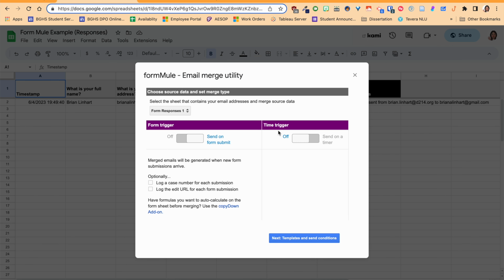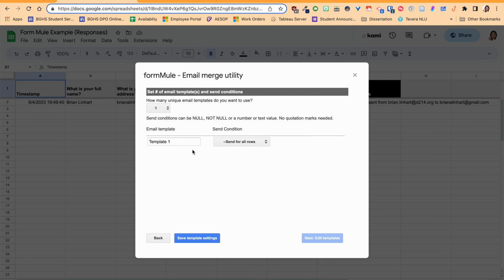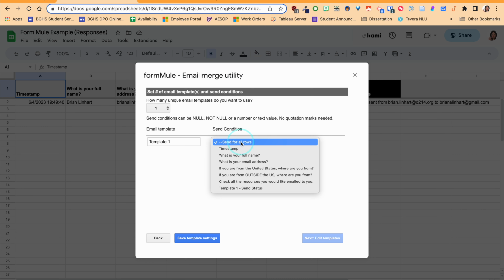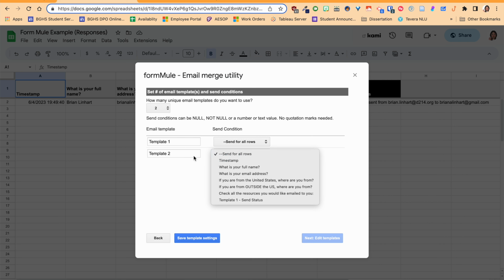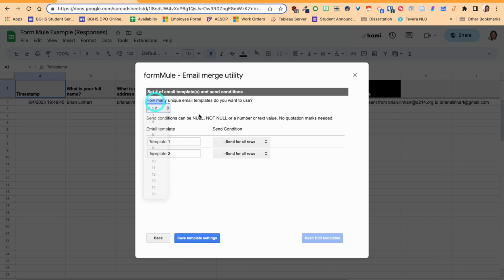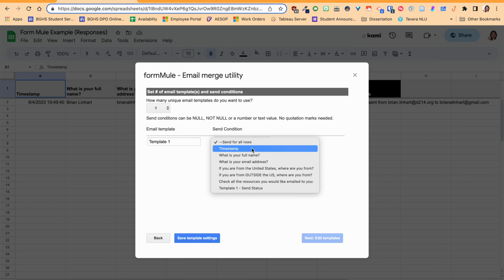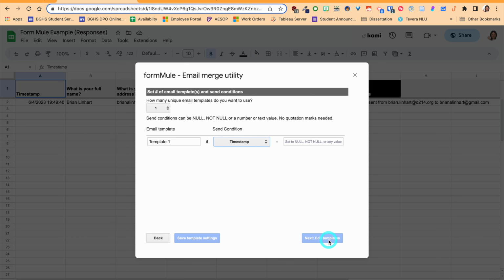It's pretty straightforward. So I'm going to send form on submit. Select the sheet that contains the email addresses, form response 1, excuse me. Templates and conditions, send for all rows. How many unique templates do you want? We're going to change that to 2. No, I'm going to change it to 1. Leave it set to send to all rows, but I just want to